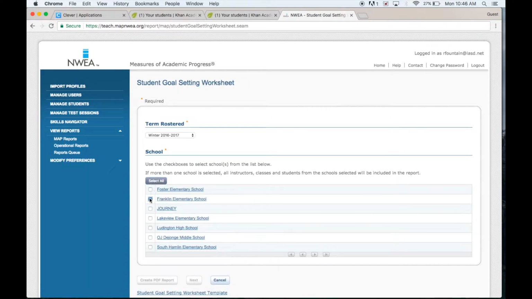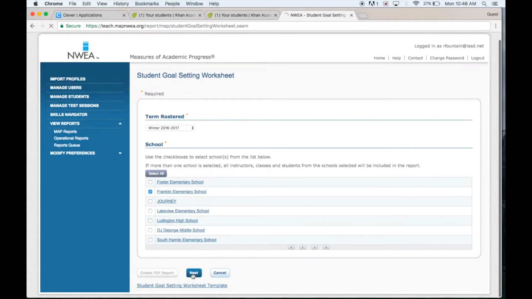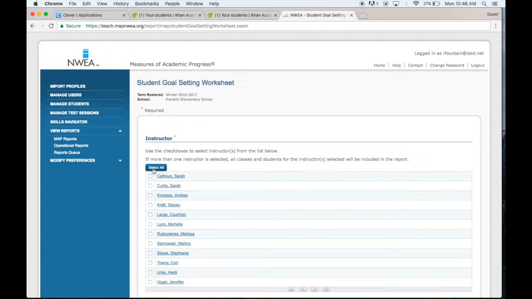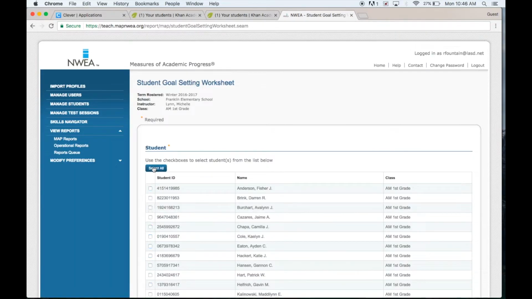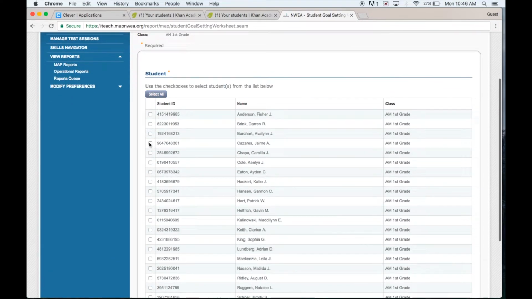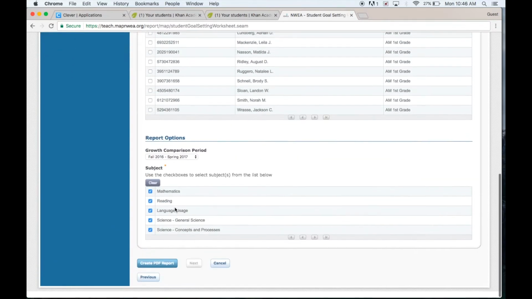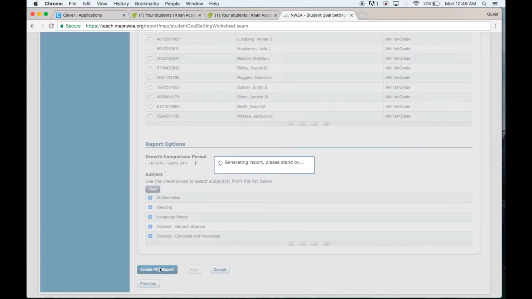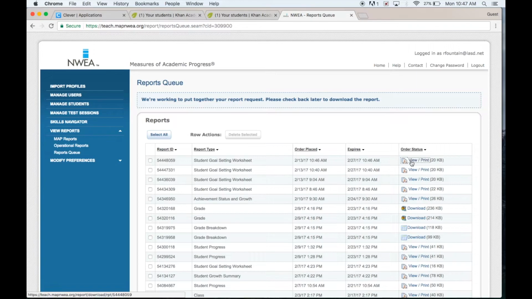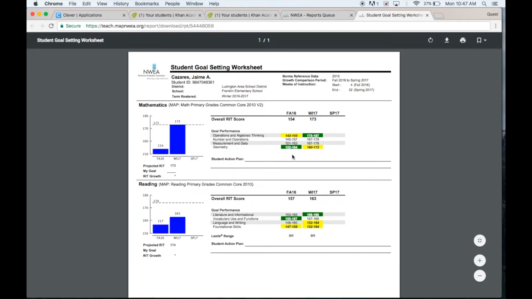Mine looks a little different right now because I'm logged in as an admin, but basically you're going to select your student or group of students that you would like to pull a report with. And for this case, I'm just going to pull one for now to make it quick. I'm going to leave all of these selected. That's fine. Okay, so I'm going to view the report right in the browser, and it's going to pull up